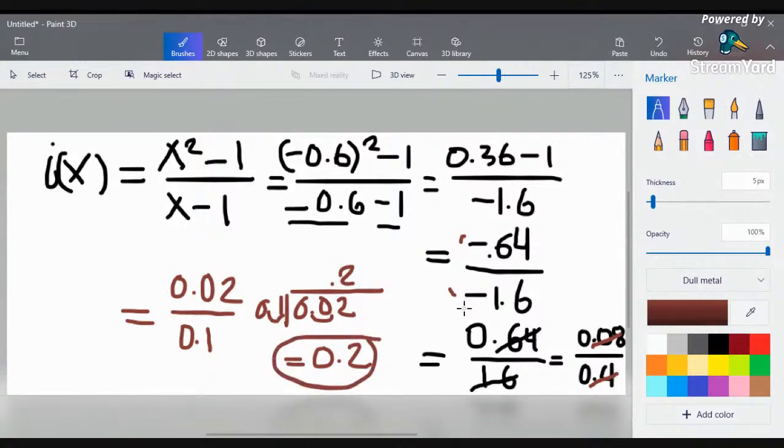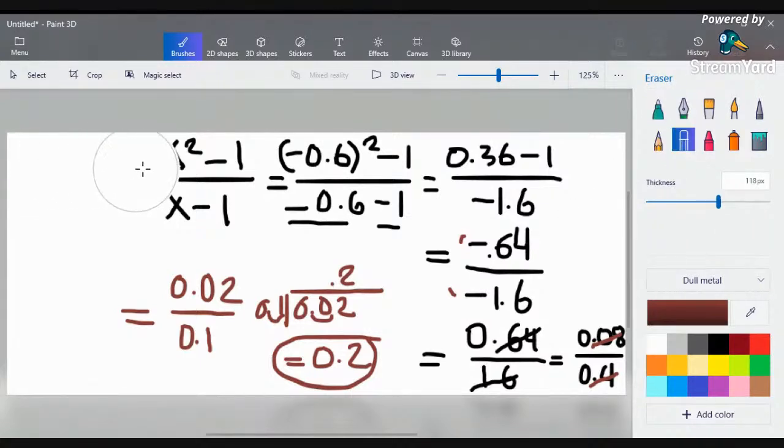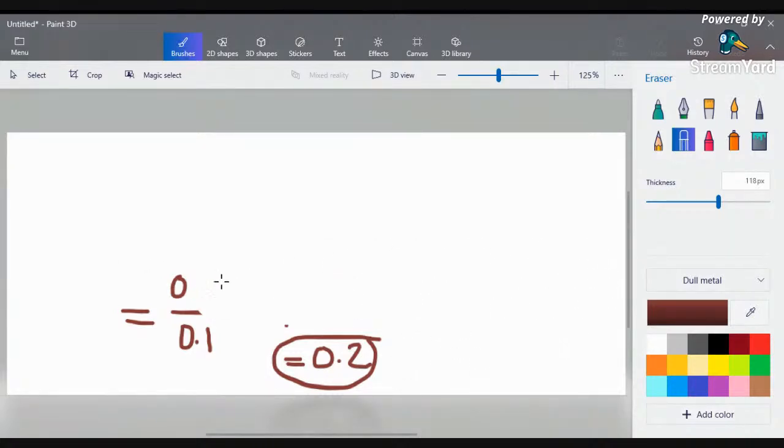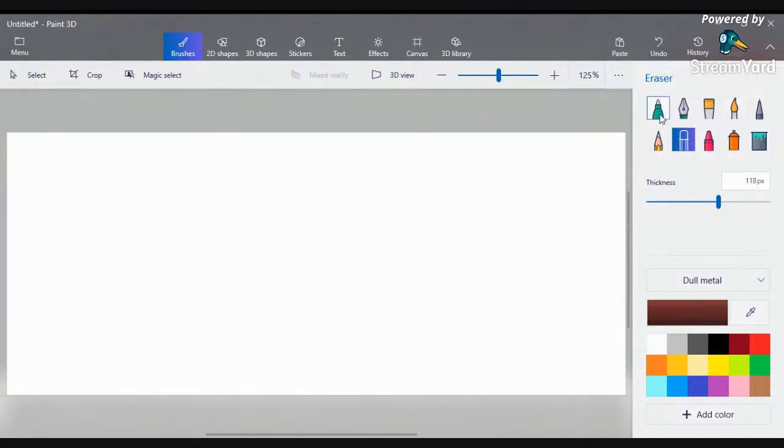That will be the answer for number 3. Okay. Let's continue. Just take a screenshot so it's easier for you. Okay, next is j of x